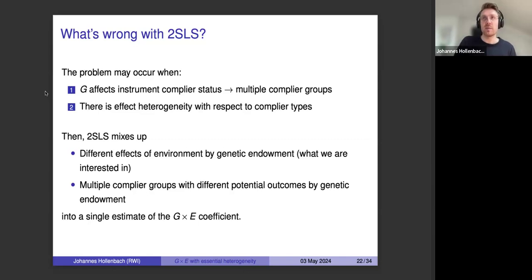And this is not going to be the case in every setting. And I would even go as far as saying that if we were to have taken the diabetes polygenic score, we would probably not have different complier groups, because it's hard to imagine a diabetes polygenic score affecting educational choice or affecting people taking up the instrument.